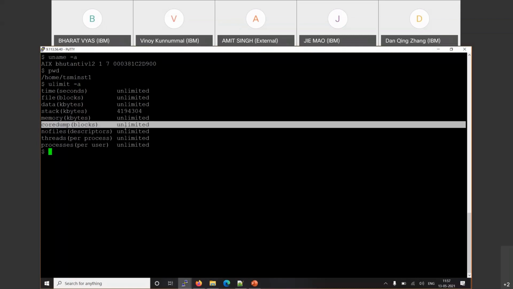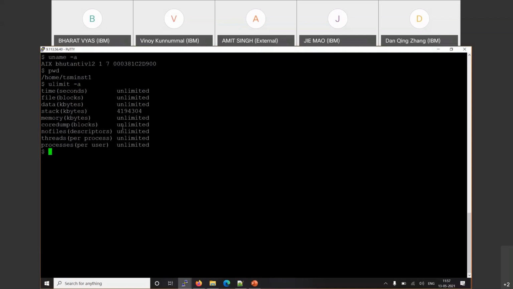As mentioned by Vinay, if it is set to 0 or some limited value, then either core will not generate or the core might be truncated if the server gets crashed. To avoid those kinds of issues, we suggest the core limit or core dump value should be set to unlimited, which is set to unlimited in my case.